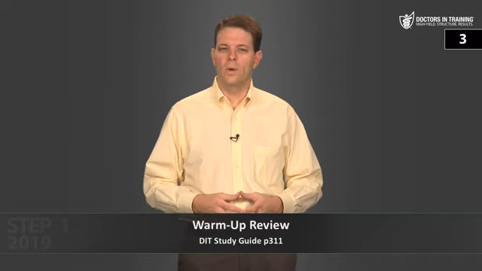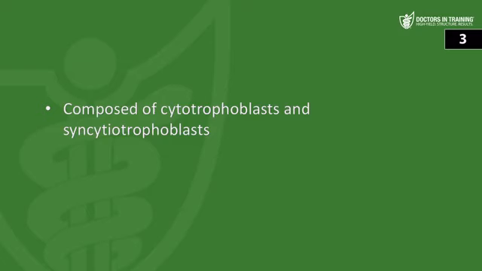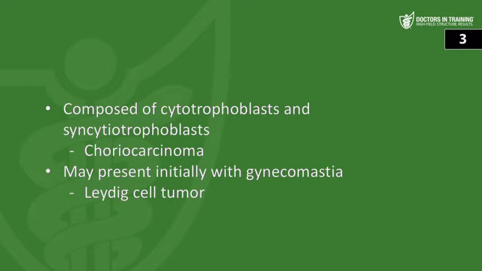And the last one, which testicular tumor is associated with each of the following statements? Composed of cytotrophoblasts and syncytiotrophoblasts is choriocarcinoma. May present initially with gynecomastia is Leydig cell tumors, or rarely you can get a Sertoli cell tumor that can